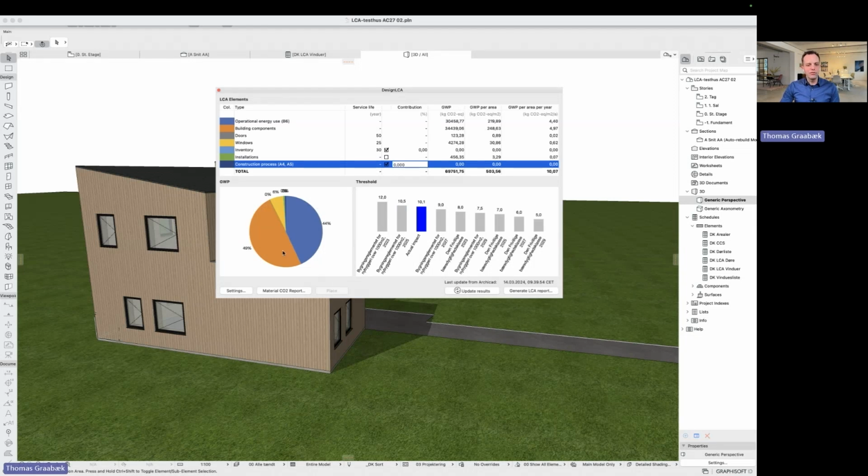That's not very useful. I know that it needs to be more or less half blue, half orange. If there's no blue part, I forgot to do the energy calculation. If it's all gray, it's because it's an international project where doors and windows are entered in meters instead of millimeters. Then we have to change the properties. And then here I can see my project as blue compared to the different reference values that I entered in the settings.